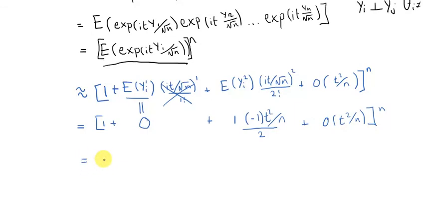Then we can simplify this a little bit. 1 plus negative t squared over 2 over n plus